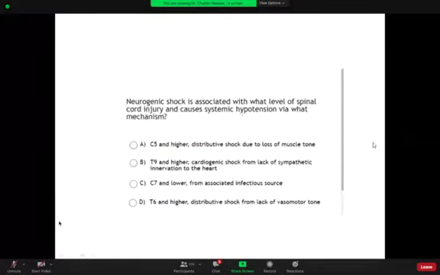මේක neurogenic shock is associated with what level of spinal cord injury and causes systemic hypertension? What mechanism? අර neurogenic shock and spinal shock එක තේරුම් නැහැ කියලා කෙනෙක් කියලා තිබුණා. neurogenic shock කියන්නේ it's the shock secondary to peripheral sympathetic denervation, especially when there is cord injury at cervical or